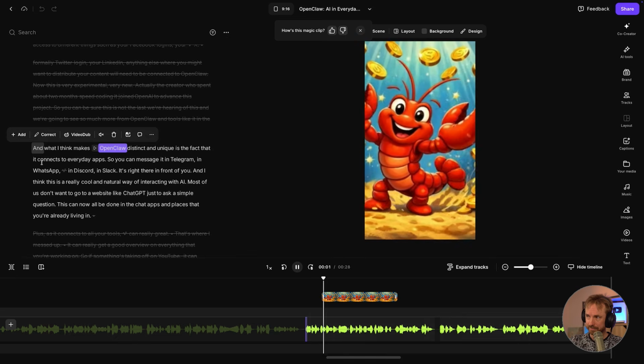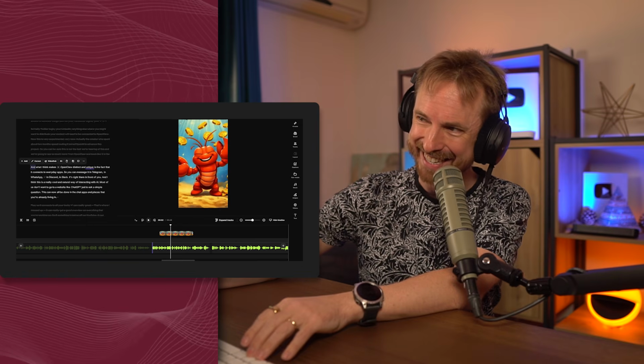And what I think makes OpenClaw distinct and unique,